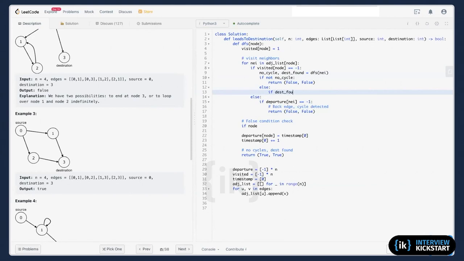Yeah, this code looks not clean to me. True. Okay.